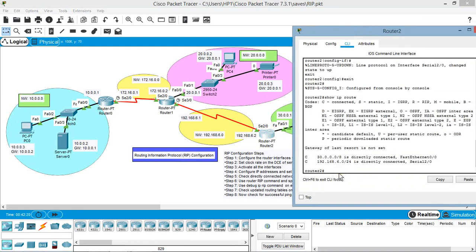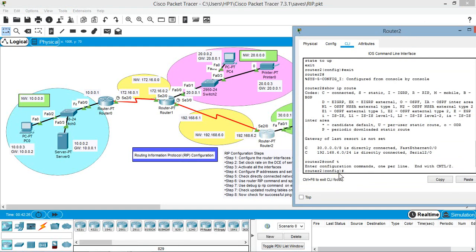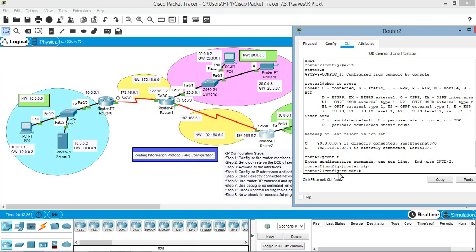We are on the hash prompt, so we'll have to enter the configuration mode of router 2 with the conf t command, and once we are in configuration mode, we can use the router RIP command. So we have successfully configured the RIP routing protocol on each of these routers.